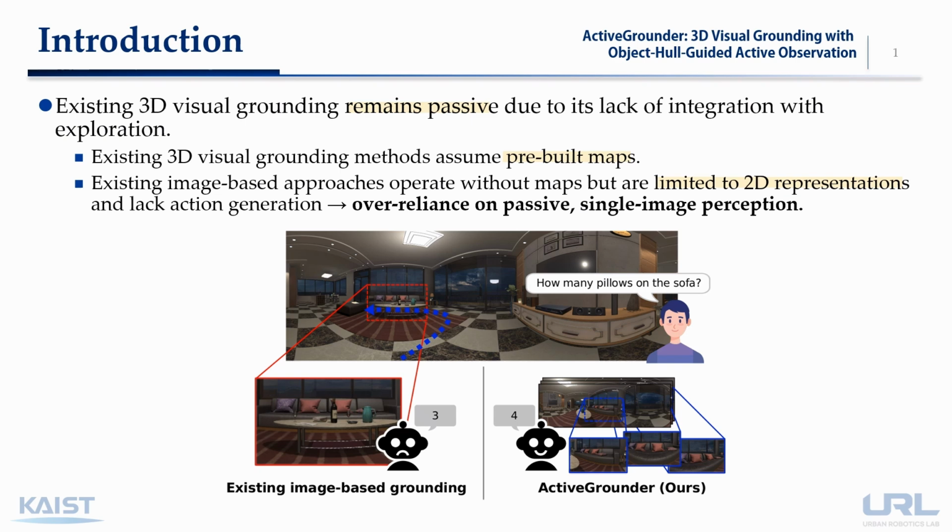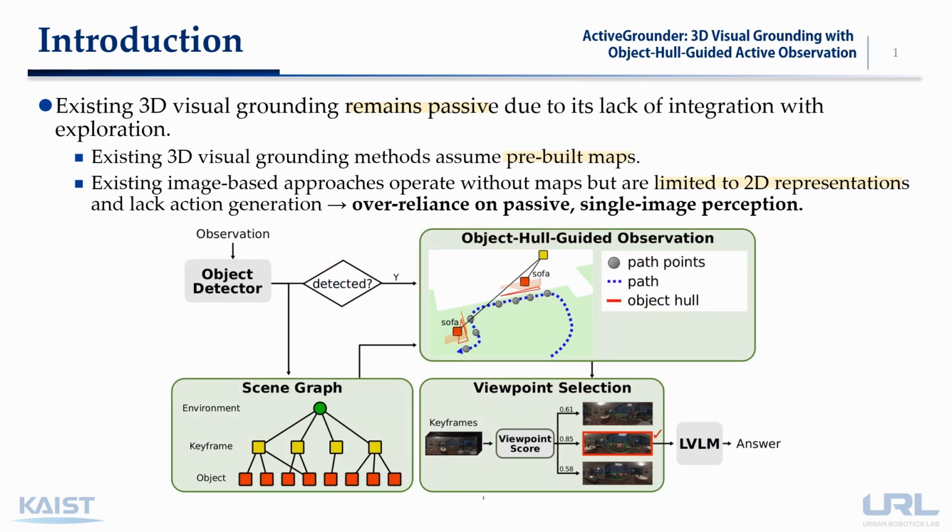On the other hand, image-based approaches operate without maps, but they are constrained to 2D representations and cannot generate actions, leading to an over-reliance on passive, single-image perception. Our goal is to enable embodied agents to actively perceive and ground visual queries in 3D environments. To this end, we propose ActiveGrounder, a framework that integrates active perception with 3D visual grounding, enabling robust grounding even